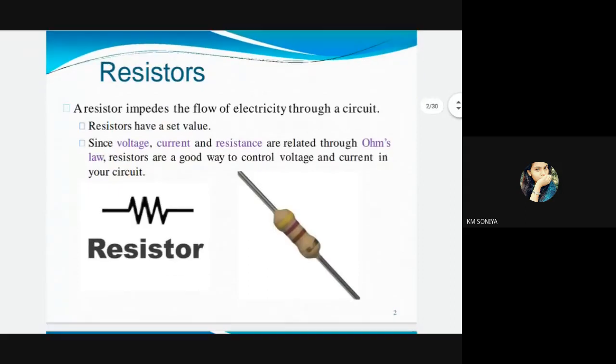Another important thing is resistors. So what is a resistor? Something which resists the flow of current, right? The flow of electricity. Resistors have a value. It can vary. It can increase or decrease the resistance, right? Resistance is basically like an insulator, like paper or some kind of material which tries to oppose the flow of current. Okay, so we know Ohm's law.